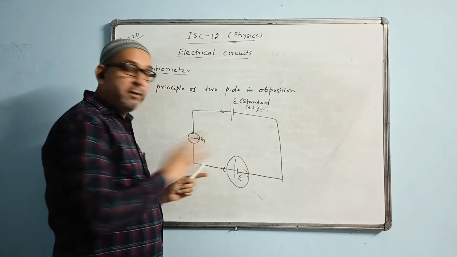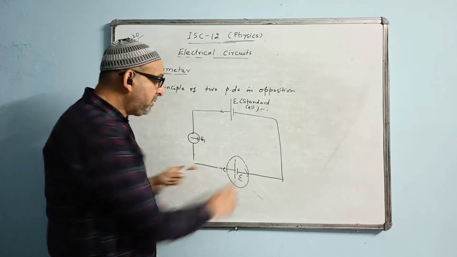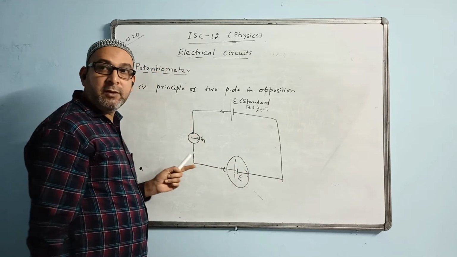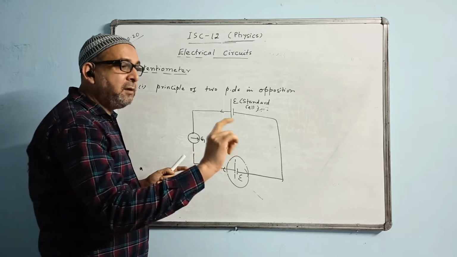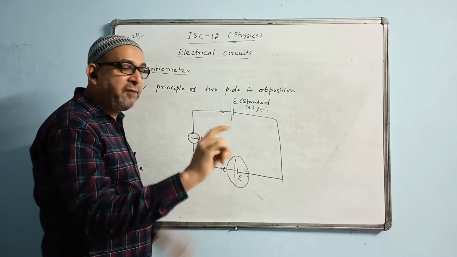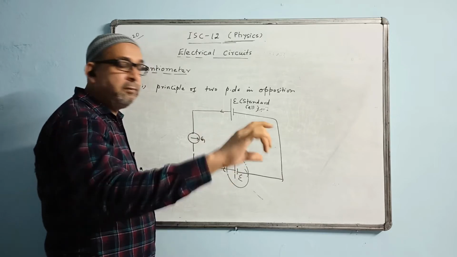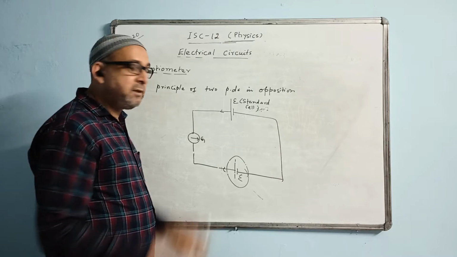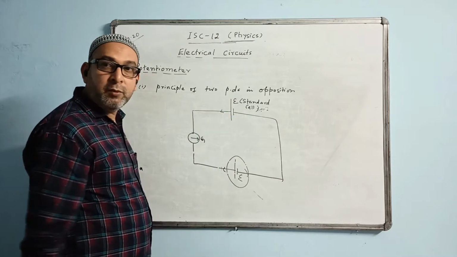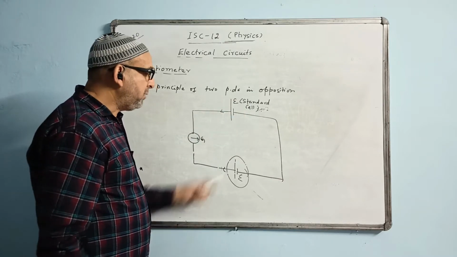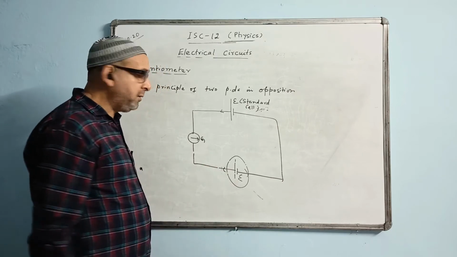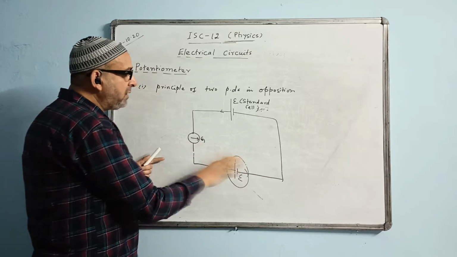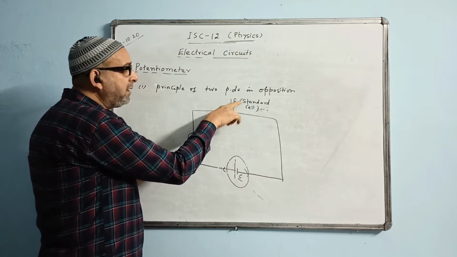5 cells are accurate. But the 6th cell, when it is passing, shows some deflection, either this side or that side. That means the EMF of that cell is defective, so they have to redo it. They have to remanufacture it. That cell they cannot use for sale. That cell has to be remanufactured. When the cells are passing and there is no difference, then those cells are accurate. They have the EMF same as the EMF of this cell.